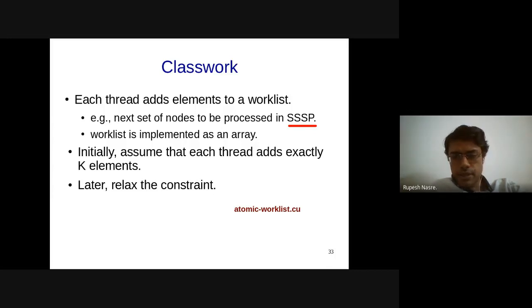Divya says: atomic increment ampersand of I while I less than n, work list of I equal to add ith element. Right, but the second argument is going to be important here to atomic increment, right?